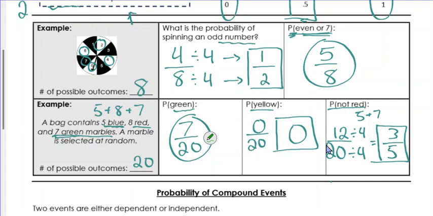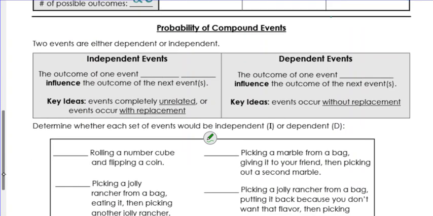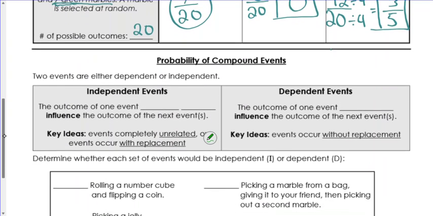All right, so that was all simple probability. That should really just be a review of what you did last year, where we just have one thing happening: picking out a green, picking out a yellow, picking out something that's not red. One thing's happening. Now we're talking about more than one event. Two events